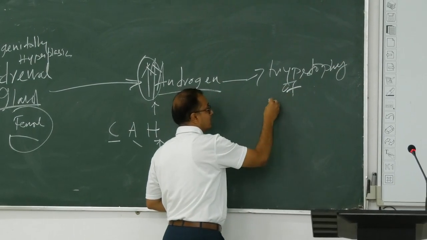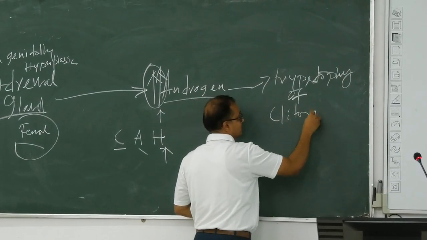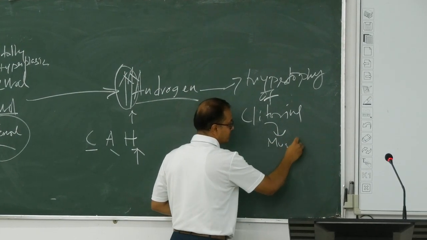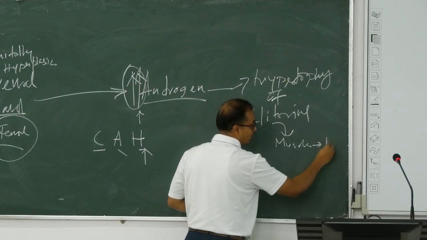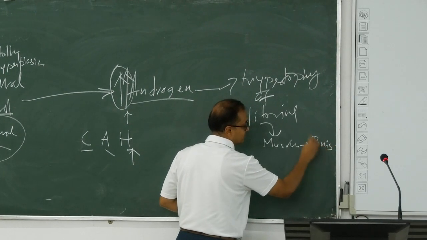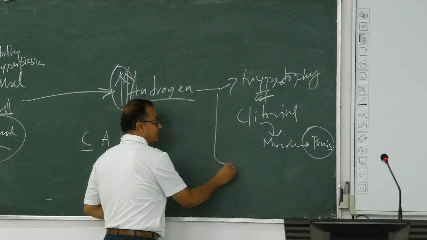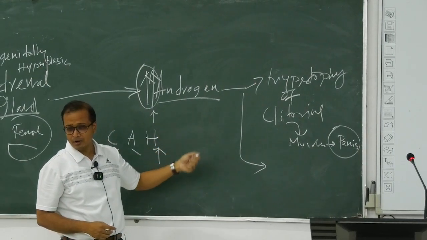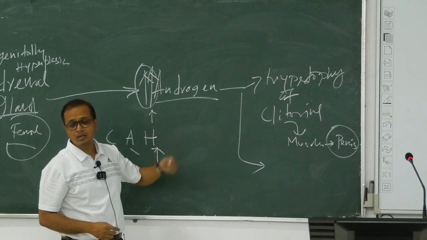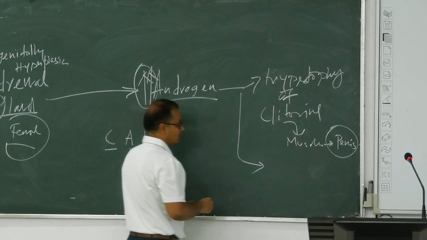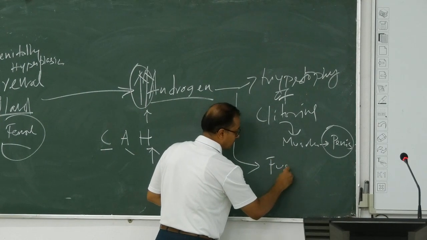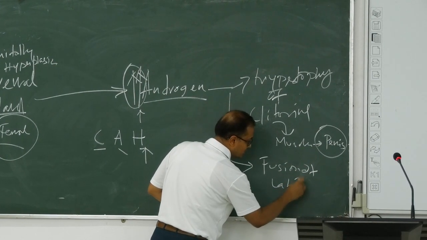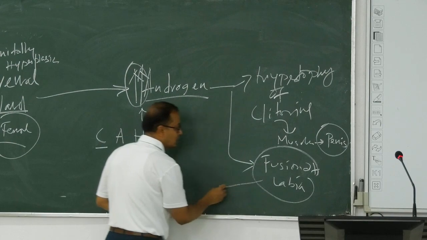The excess androgen causes hypertrophy of the clitoris, which looks like a penis, leading to the formation of a penis-like structure. The second thing which happens with the high dose of androgen in a female subject is fusion of the labia, and this fused labia looks like